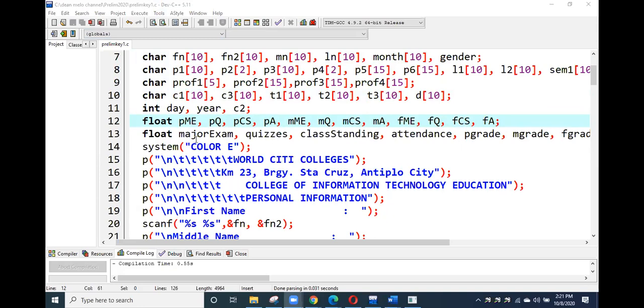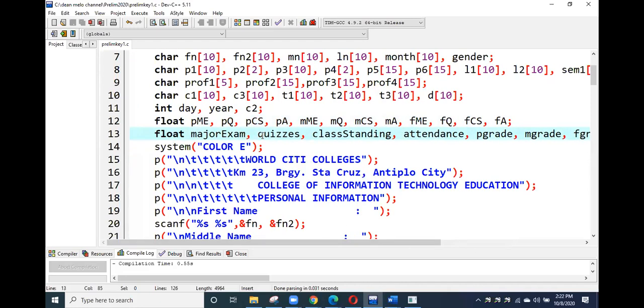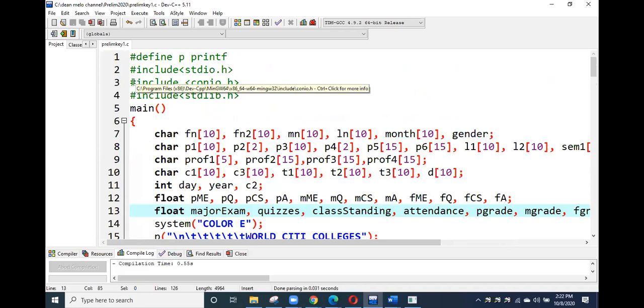Okay? Then for major exams, quizzes, class standing, attendance, prelim grade, midterm grade, first final grade, then general average. Okay? A while ago, as I mentioned, we use additional